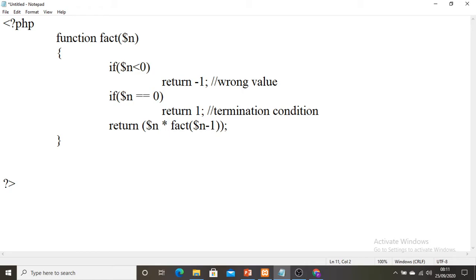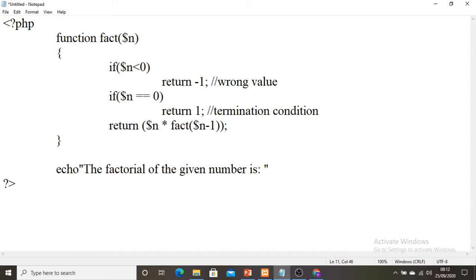Now I want to execute this function. This function is returning a value. I need to print it, so I will use the echo statement. I will put the statement like, the factorial of the given number is, okay.